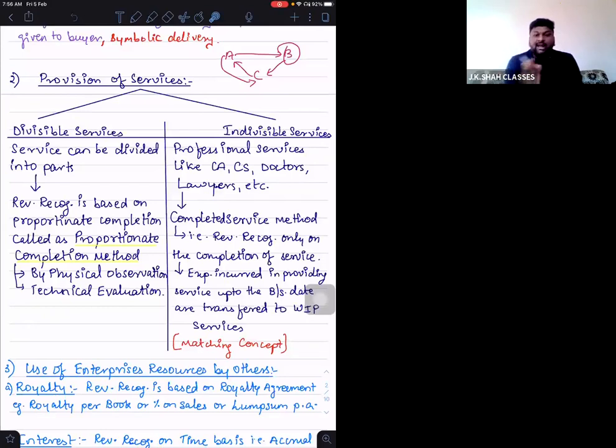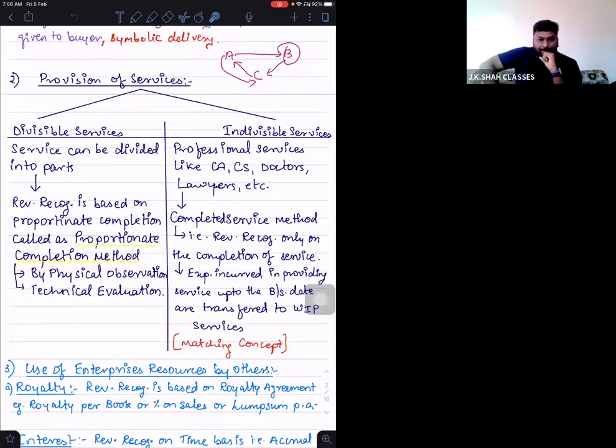So say, for example, the app developer quoted that we will require 40 lakh rupees to develop this app, right? And 40 lakh rupees you have to pay for these 4 things that you want in your app step by step. So can I say the service is divided into 4 parts? So whenever you complete a particular part, then you can say that a particular revenue has been accrued